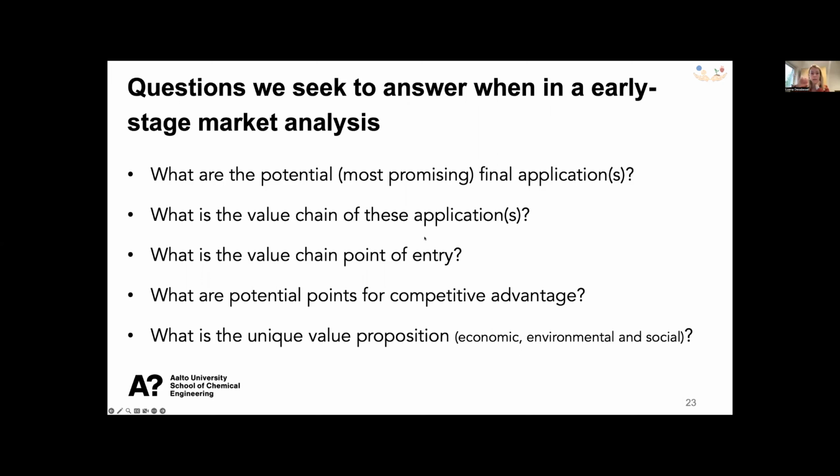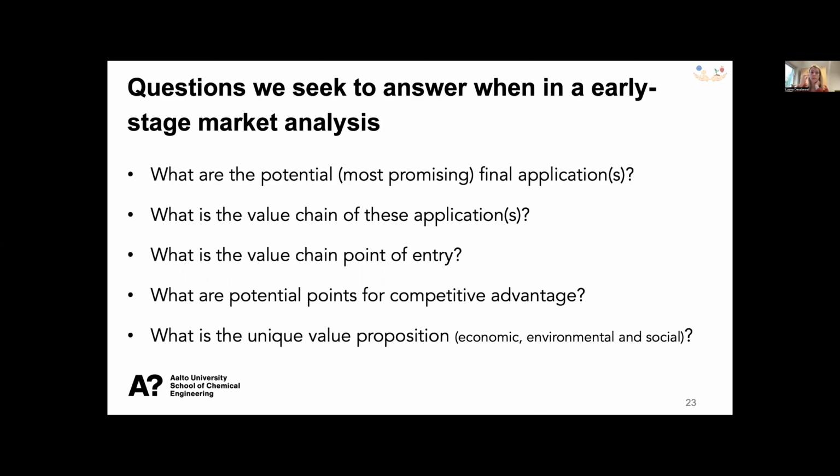What is the value chain? Who is making it? For what? Who are the players in that value chain that we saw as an example? Where am I entering the value chain? Am I making a precursor to the end product, a chemical that is going to be made into a plastic bag, for instance? Am I making the plastic bag myself